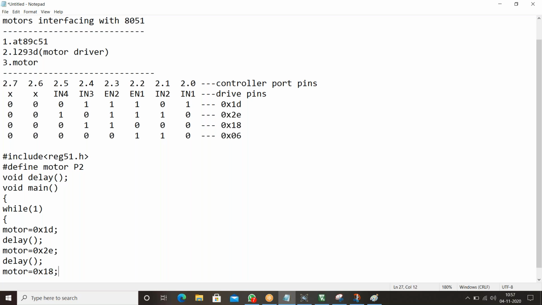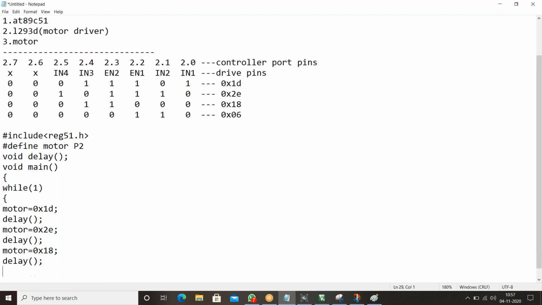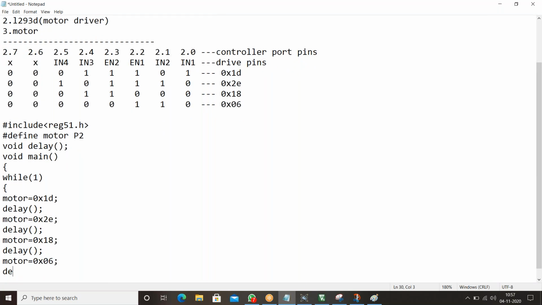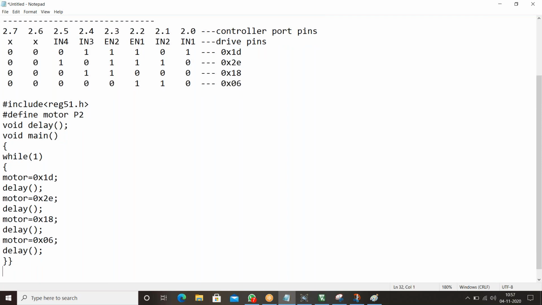This is my third case. For this I have to give some delay. For the fourth case, motor is equal to 0x06. For this I have to give some delay. Fine. And I want to close this while loop and the main function.